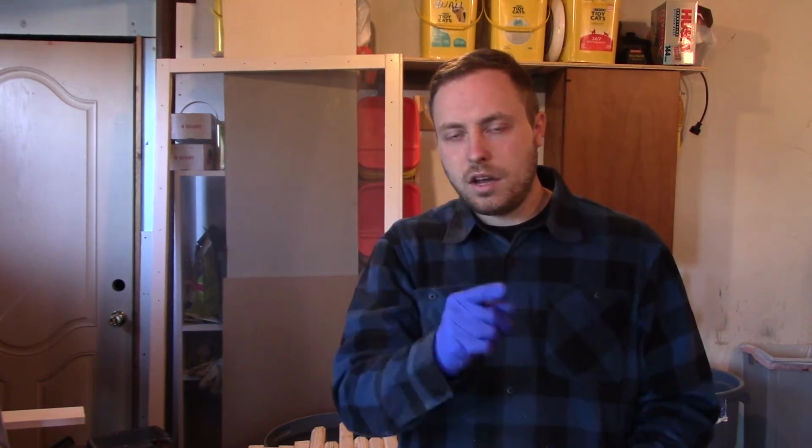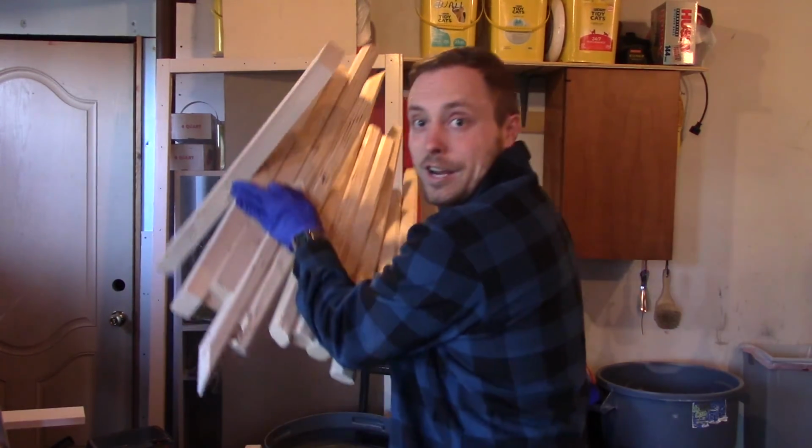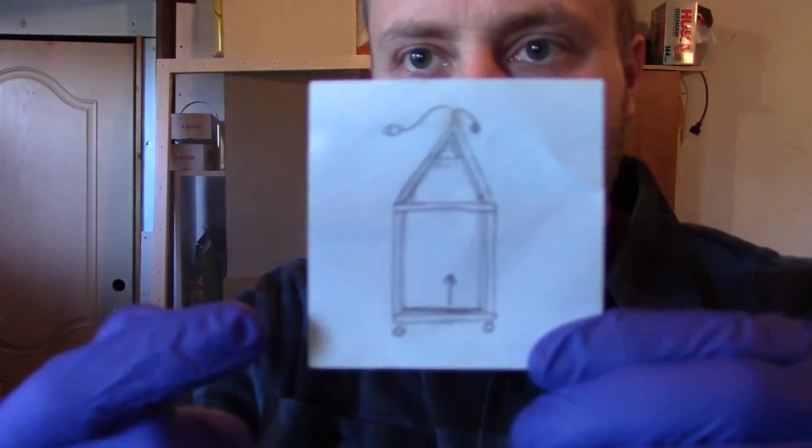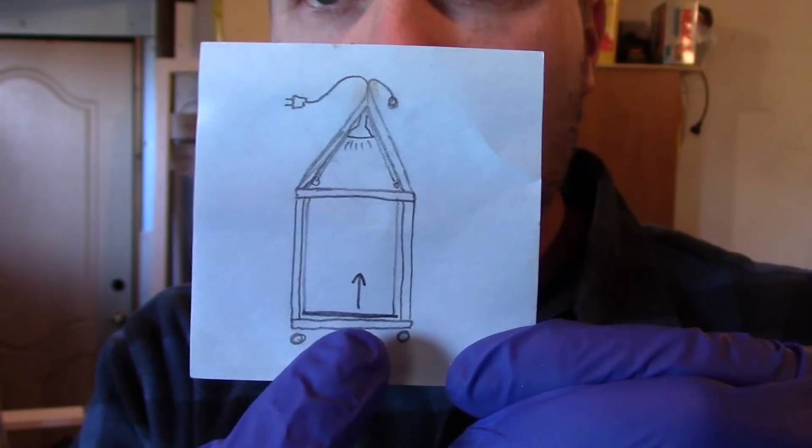So I started doing it, and then I was like, maybe I should make a video of this, but I already cut all the wood, so I'll show you the cut pieces of wood. They're all right here, you know? And basically this is the design. So you've got a little base that has casters on it,